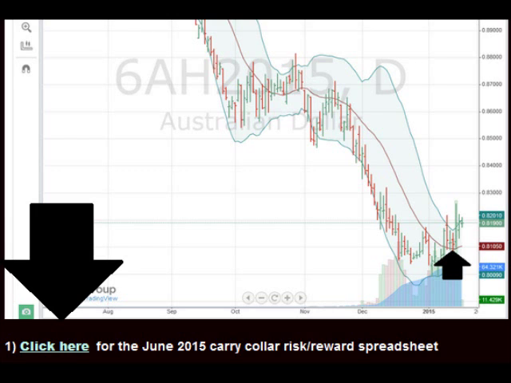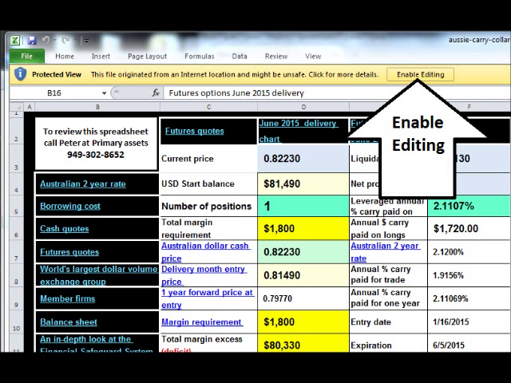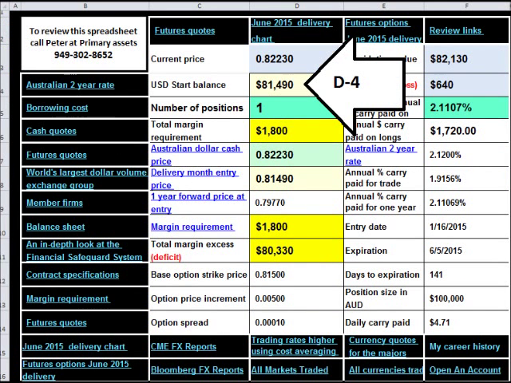every trading period. Directly below this video in link 1, it'll say click here for the June 2015 Carry Collar Risk Reward spreadsheet. Please open it. In order to use the spreadsheet, you have to enable editing. You'll find this at the top. Please click on Enable Editing, and this will let you put in entries for the spreadsheet to determine any potential outcome for these trades. In this example, our start balance is